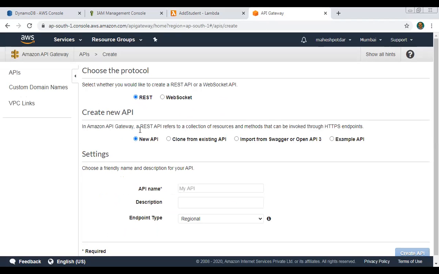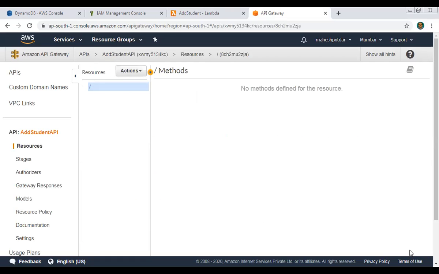Choose new API, and the API name is add student API. So give the relevant name and click on create API.